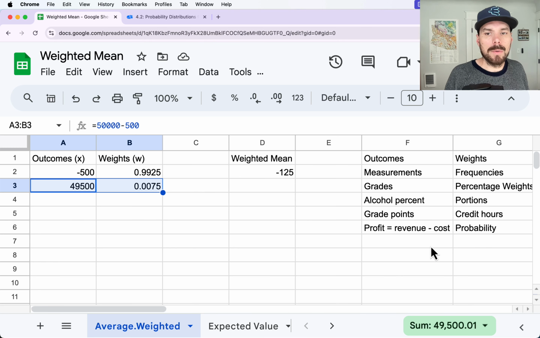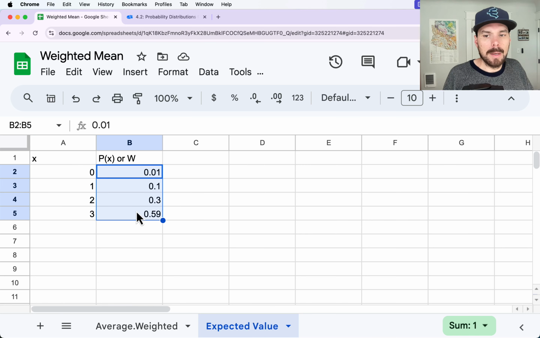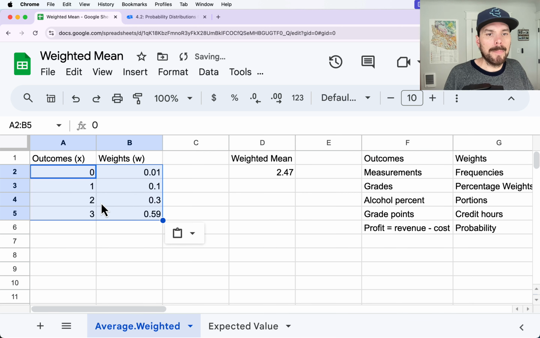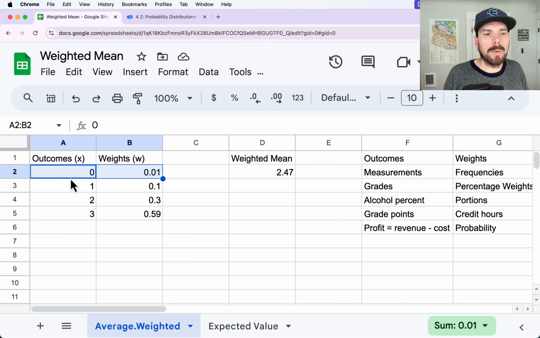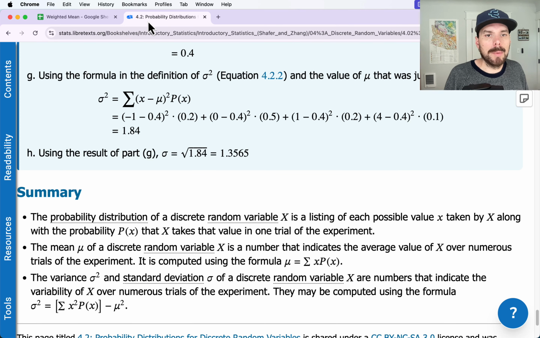Now you could use this for all kinds of different expected value problems. Here I've got a set of discrete outcomes and probabilities that I could paste here and show an expected value of 2.47, just multiplying together the outcome times the weight and adding them up. Now there wouldn't be any dividing because I would divide by the total weight, which would be 1. And that brings me to my formulas.